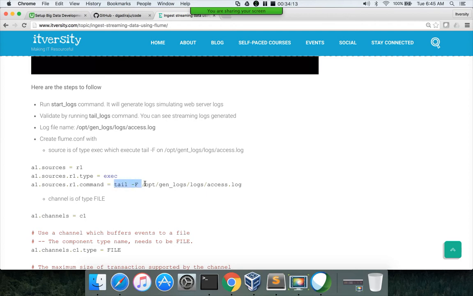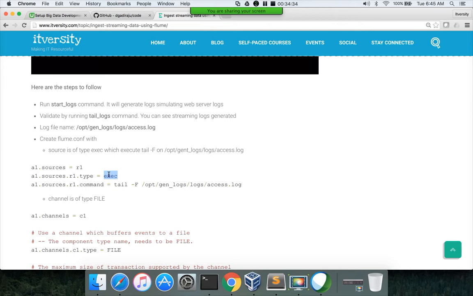Okay, so we will be using that one. And how will we be reading those logs? Using the tail -F command, which will be polling the log, and if there are any changes in the log, it will read the data. And because we are trying to run a Linux command called tail -F, we are defining the source type as exec.